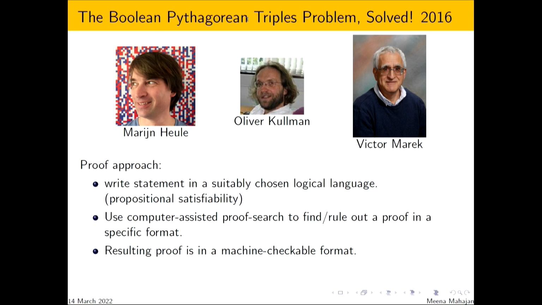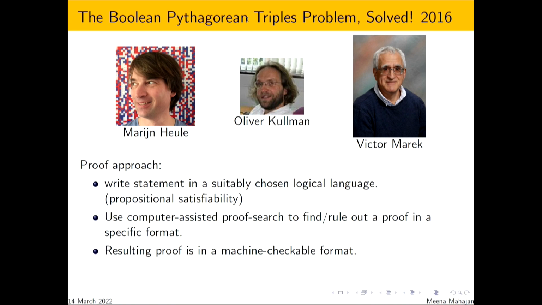Now, this is the point which really caught my interest. The format of the proof has been fixed. The syntax, the inference rules, all that has been fixed. In that format, is there a short proof? It could well have been that the statement is perhaps true and there is a proof, but there's no proof in that format. Then this approach is doomed. So this is what they did. They tried to find or to rule out a proof in a specific format,